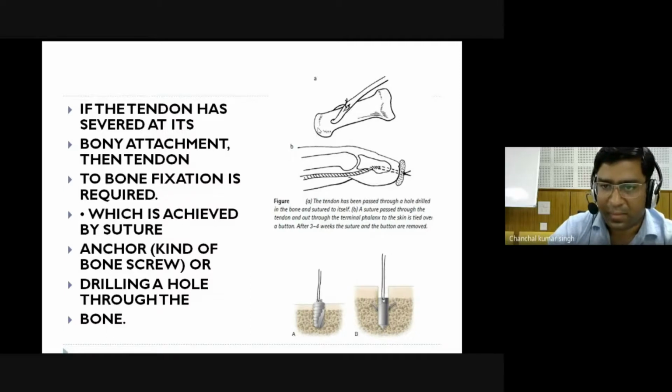Or, if the length is not enough to insert the tendon at its attachment, you can move the attachment of the tendon. You can drill a hole here and attach the tendon like this, so that you can maintain the function of the joint. And here are some novel techniques. You have suture anchors, you have suture pins through which you can drill and attach the tendon. These are basically used for avulsion injuries where you don't have sufficient bony chips to reattach, or you have loss of the tendinous structure.